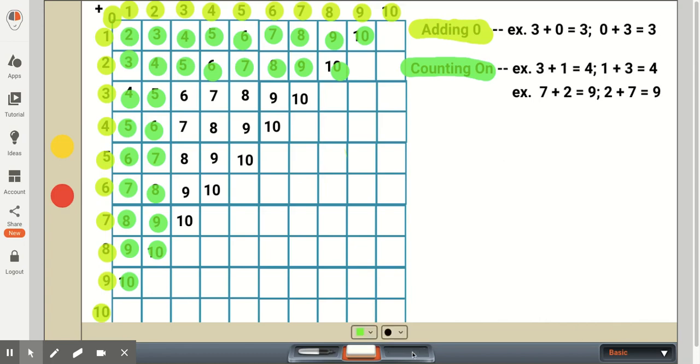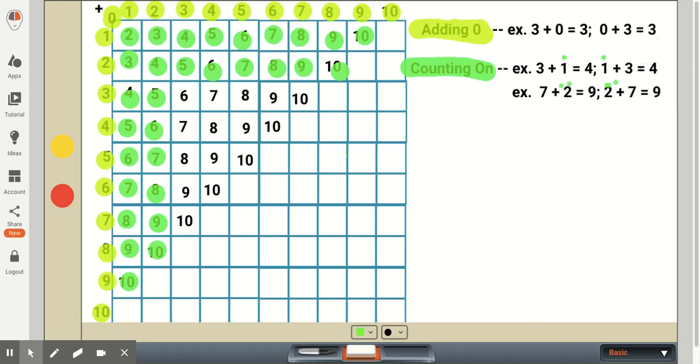3 plus 1 is 4. If it's going to be 7 plus 2, they can think of it as these two dots over the 2, and 7 plus 2 would be equal to 9. And same thing, if it's 1 plus 3, they think of it as 3, count on one more dot, will be equal to 4. 2 plus 7, make two dots there, would be 7, 8, 9, and that would be counting on.